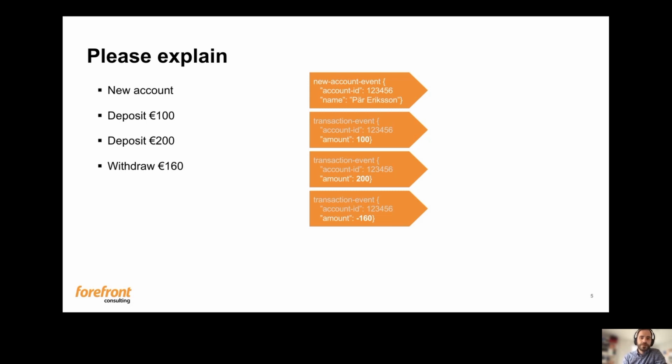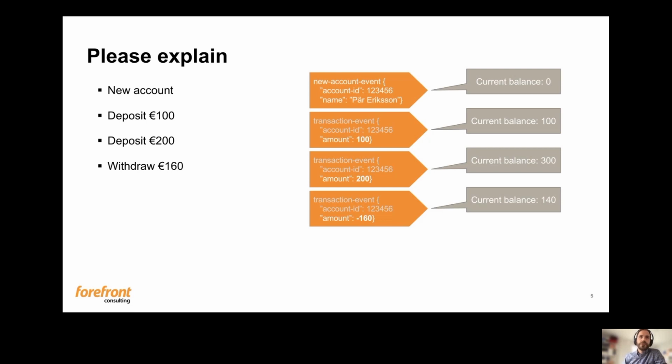An important thing to note here is that we can always derive the current balance information by just looking at the series of events and making some calculation from them. But we cannot derive the series of events by looking at the current balance in the previous example. So for the previous example, there's no way for us to know how we ended up with 140 here. So there's actually a huge difference in how we implement this, what kind of things we can do.